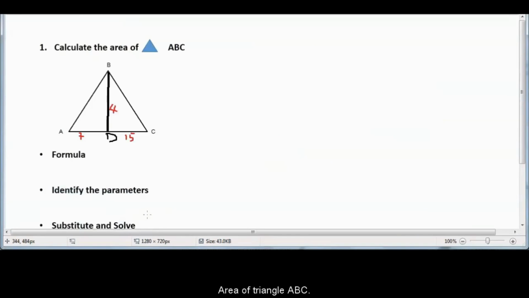The area of triangle ABC. The formula for calculating the area of a triangle is given by A is equals to half times A times B, because two sides are given. The two sides are